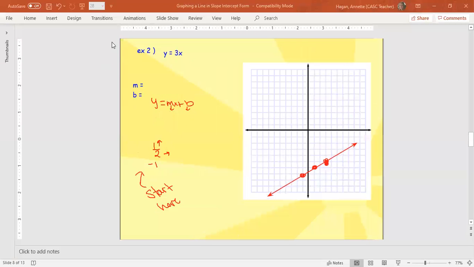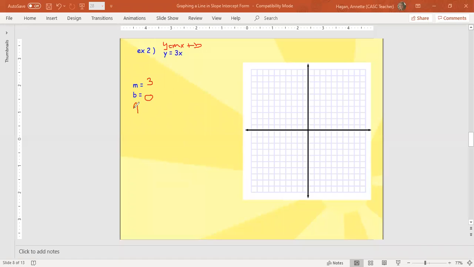So let's try another one together. This one is y equals 3x. So we need to identify y equals mx plus b. All right, m is 3. Easy. B, there is no B, so we're going to assume that B is 0. So we're going to start at B. We're going to start at our y-intercept, and this y-intercept is 0, so this means this is crossing through the